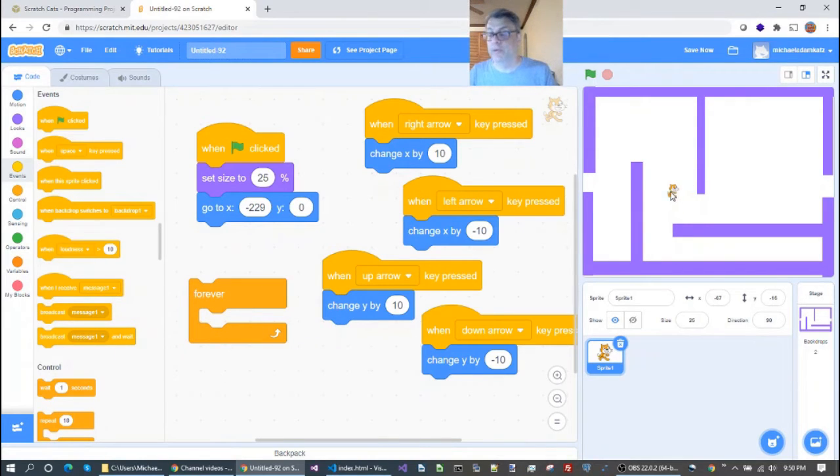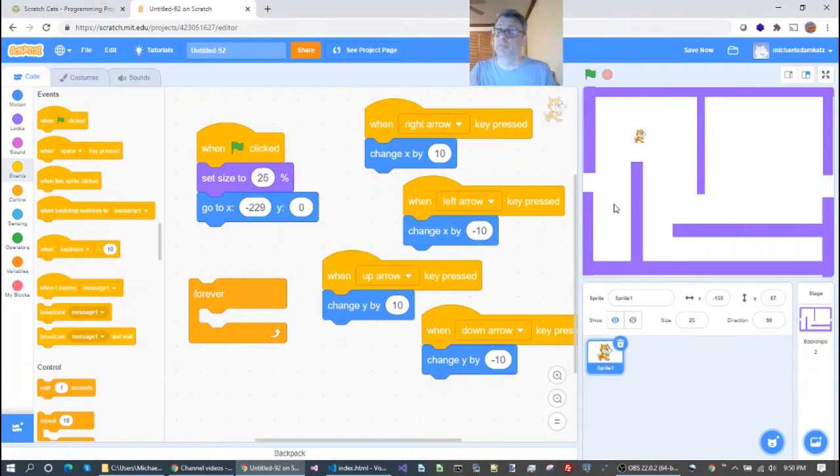All right, so the next thing to talk about in this game is what happens when we walk through the wall. And right now, when you walk through the wall, it just goes straight through the wall. So I want to show you how we can fix that. And we want to think about, okay, how do we fix that? How are we going to check when the sprite walks through the wall, and especially not just check, but how are we going to make it so the sprite can't walk through the wall? All right. Well,